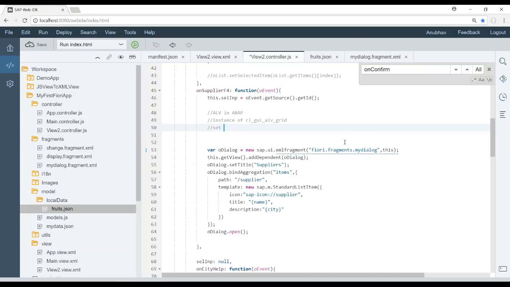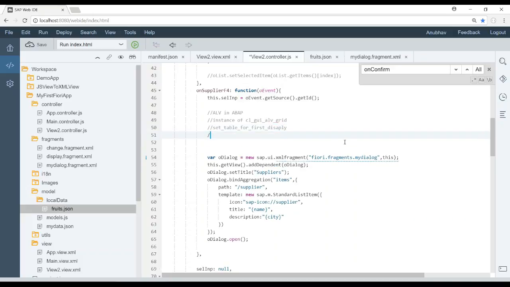After that, we call the set table for first display method in ALV, in ABAP programming. Correct, guys? Now, whenever the data changes in ALV, do you again create an instance of ALV? When the data changes in the ALV,